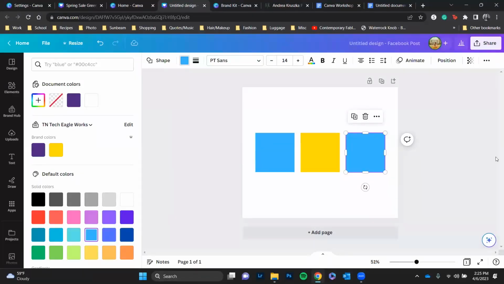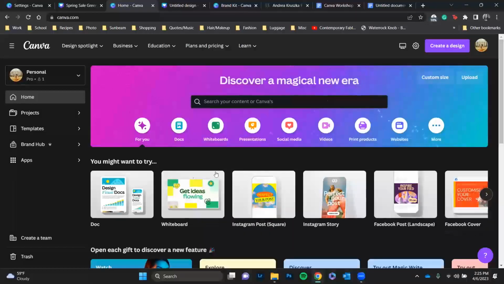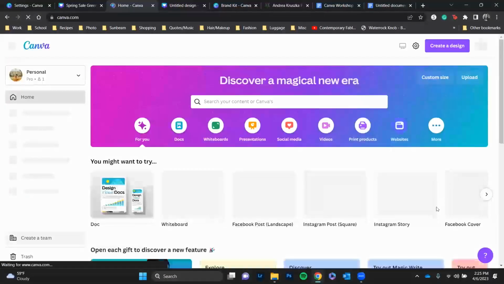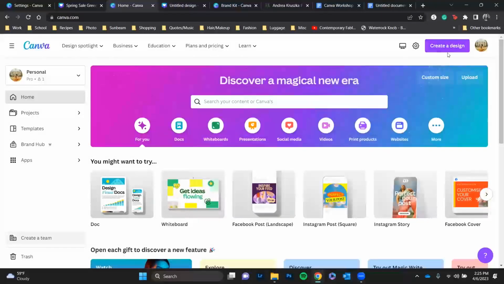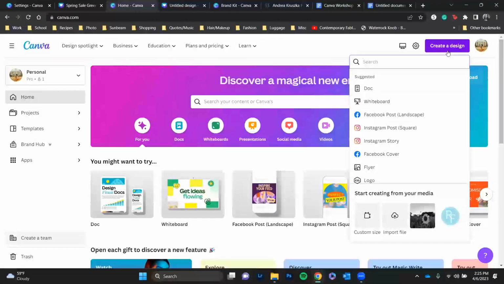So I'm going to show you how to do custom size backgrounds. Maybe especially with the school teachers, you guys need custom sized things. The way that you're going to do that is you just simply go to the home screen. Is this going to refresh? Yeah. There we go. You're going to go to the home screen, and in the upper right-hand corner, you should see create a design. When you click that,